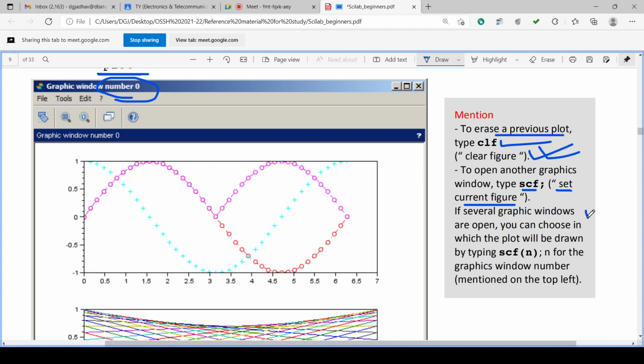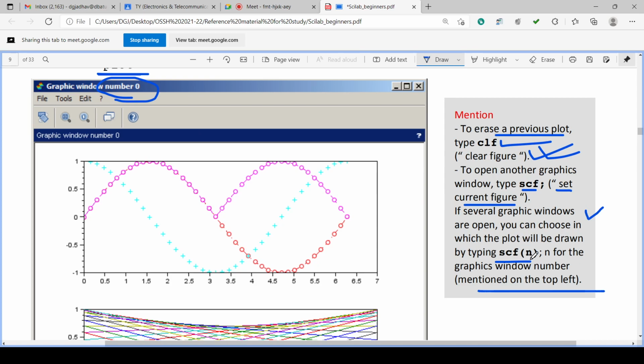If several graphics windows are open, you can choose in which the plot will be drawn, like SCF N, where N is the number of the graphics window, mentioned at the top left: number 0, number 1, number 2, and so on.